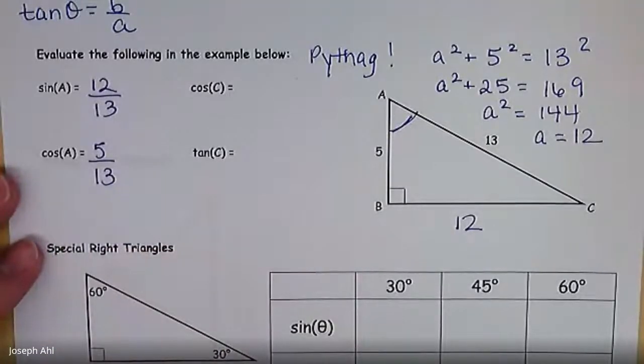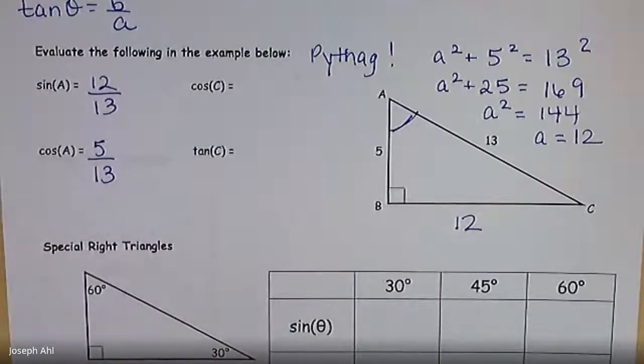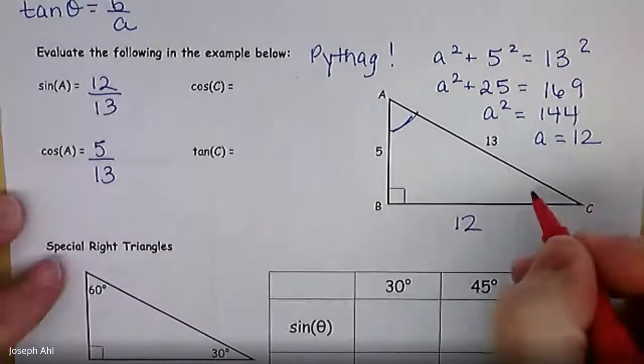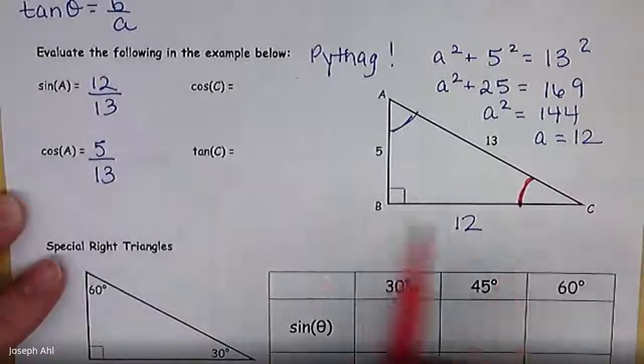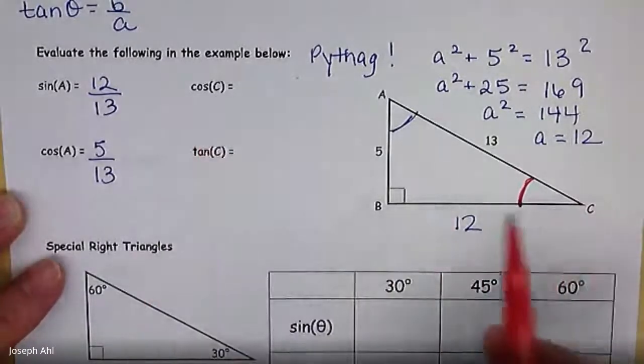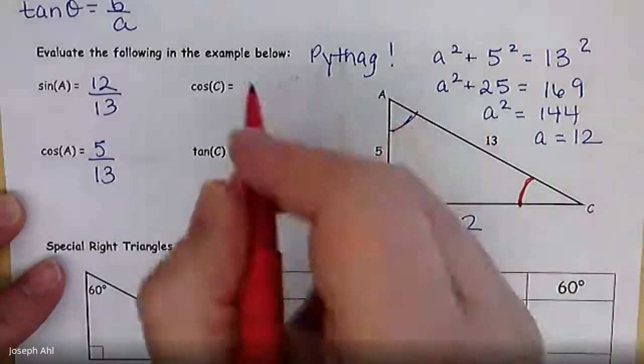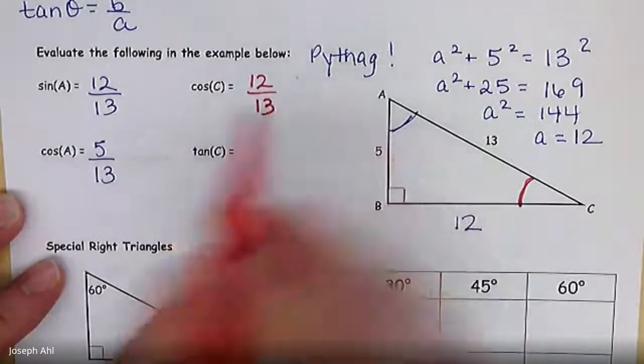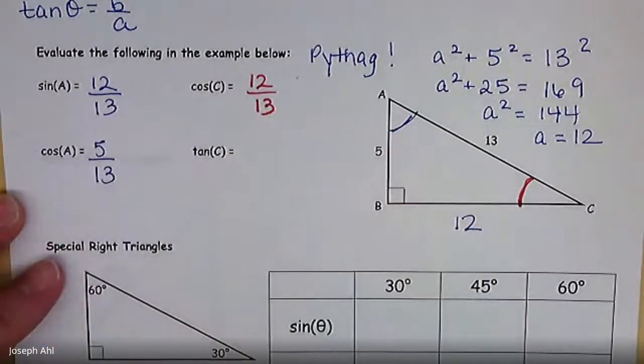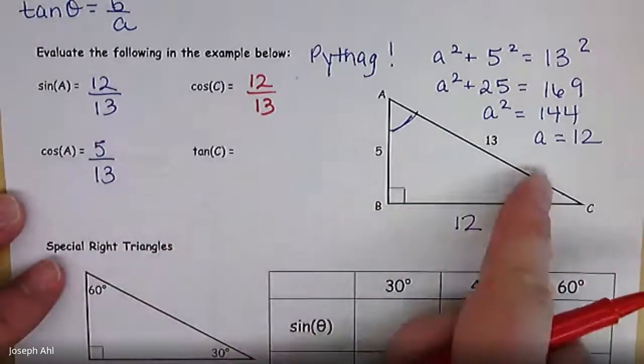Okay, when I switch my perspective on the other two, we're looking at angle C first. So maybe you go on this side of your picture and you say, all right, cosine of angle C would be adjacent to angle C, which is 12 over the hypotenuse of 13. Notice how these two have the same answer. There is a special relationship there. And then finally, tangent of C would be opposite over adjacent, so that would be